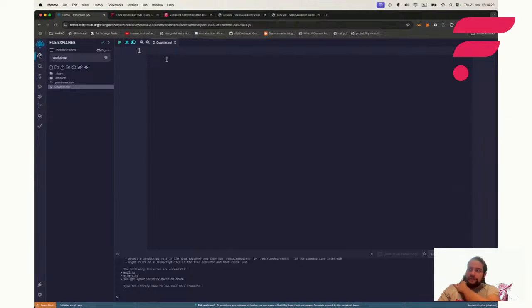Why do we use a standard suffix? Because we want the Solidity file to be recognizable by both the syntax highlighter and everything else. Okay, so let's start with a very simple Solidity file. And the first thing you need to write is a pragma